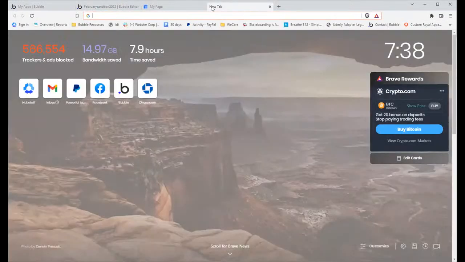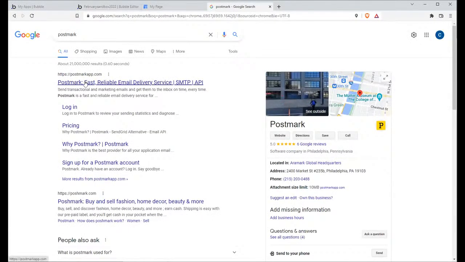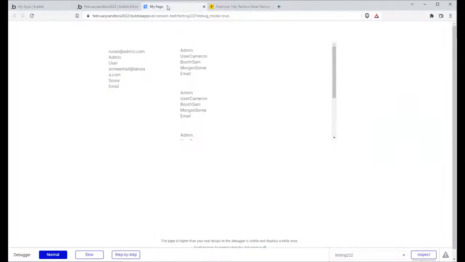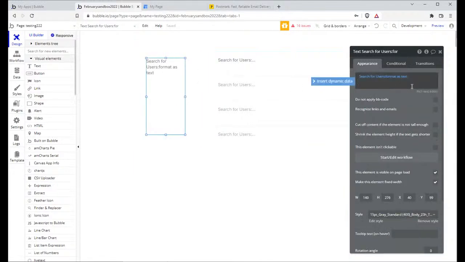Yeah. So the way that at least SendGrid works is you have dynamic variables. These dynamic variables would reference your Bubble dynamic variables. So in your SendGrid email, you would be able to put specific syntax that would look like this, basically. So this would be like user and so on and so forth. And inside your SendGrid plugin, you would be able to specify which variable corresponds to what data. So I know that you can get at least dynamic data, which is truly probably what you're going to be looking for. Now, it won't be a repeating group necessarily, where it will instead rather be inside your email template,